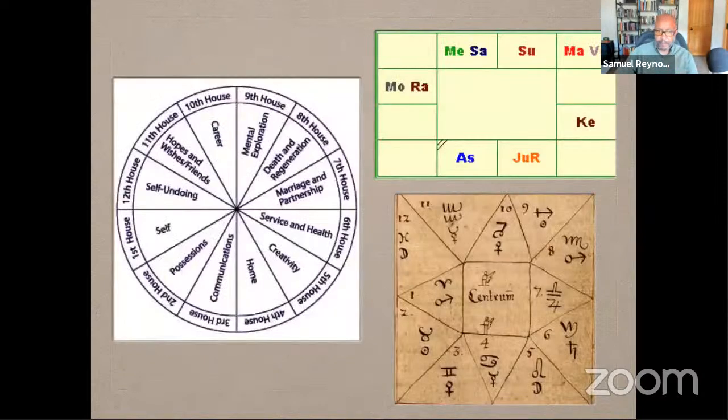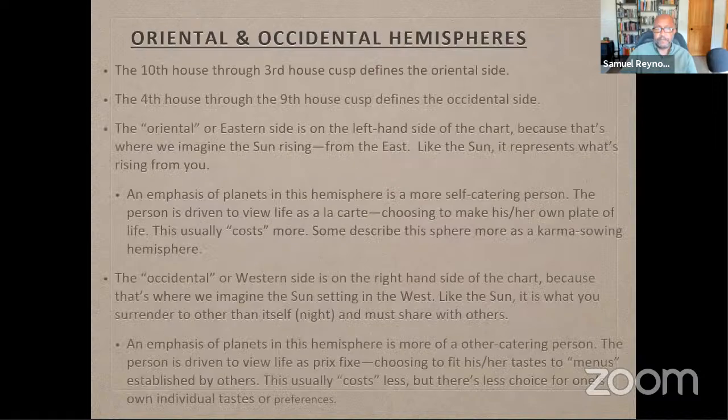So just to be clear, we're talking about east and west from the 4th house to the 9th, which I made clear. And then we're talking about south from the top of the chart, first half of the pie, to the bottom half, 1st to 6th house, which is more, just to be specific, north.